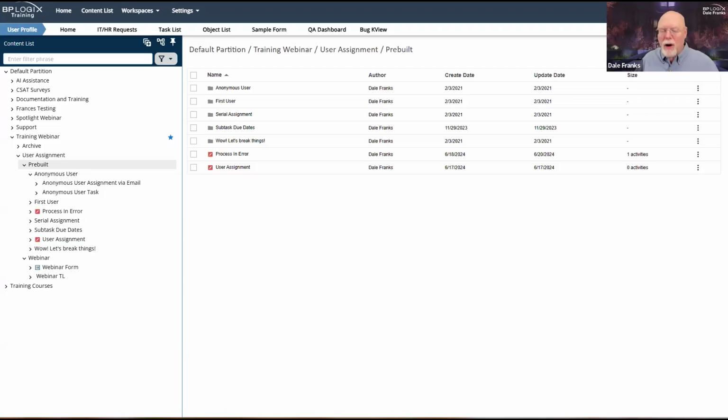So you have to keep in mind that if you go back in after a task has started and you say, okay, I don't want Bob to do this anymore. I want Sue to do this task, and you make a change in the process timeline, well, that's fine. Every time a new task starts for that activity, then it'll be Sue that gets assigned the task and things will work normally. But for all those tasks that have already been assigned to Bob, well, Bob needs to get them done because those tasks were assigned to him when the activity began, and he is the task assignee, so he still needs to complete those tasks.